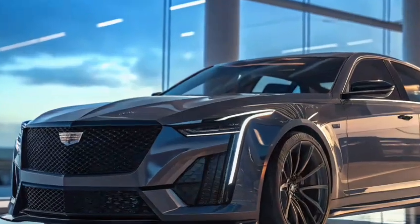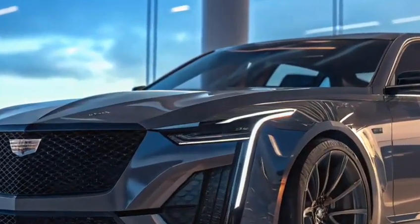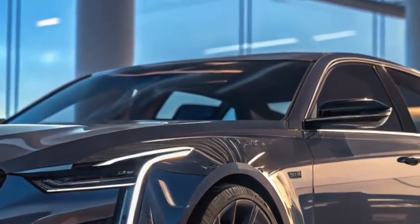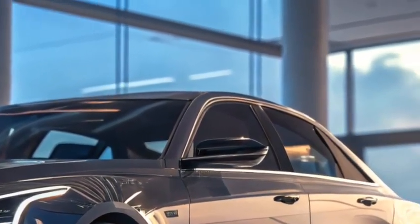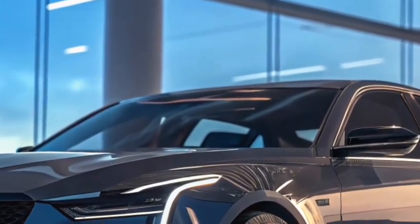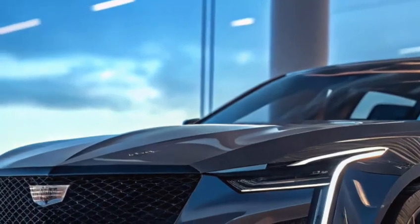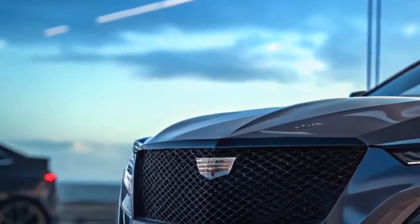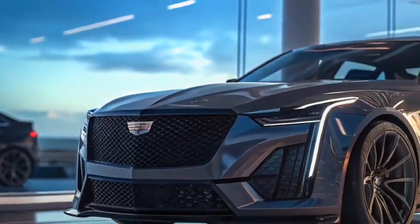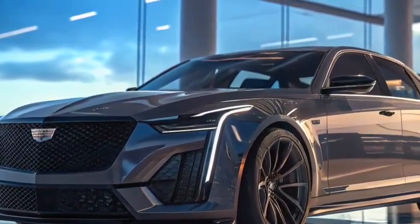The centerpiece of the dashboard is a massive 33-inch curved LED display that integrates the instrument cluster and infotainment system into one sweeping screen. This high-resolution panel is vibrant and customizable, displaying navigation, media, vehicle data, and more with stunning clarity. The user interface is smooth and easy to navigate, with support for wireless Apple CarPlay and Android Auto